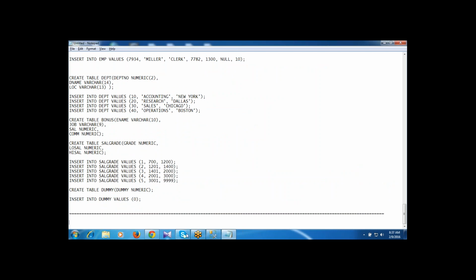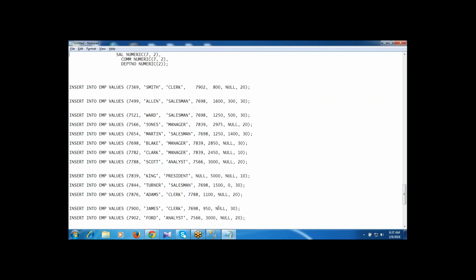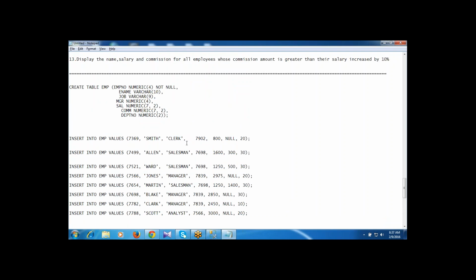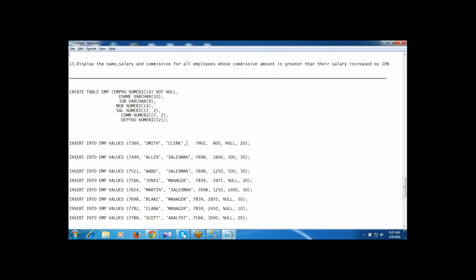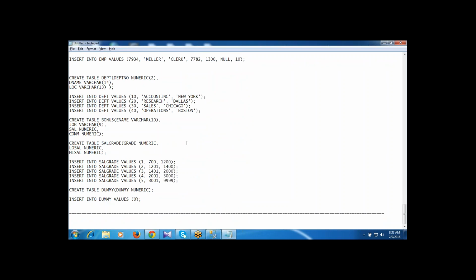Then the demo tables will come: EMP table, DEPT table, SAL grade table and dual. This is the data. All the queries you can just copy and paste, and you can practice the 13 queries exercise. Okay.